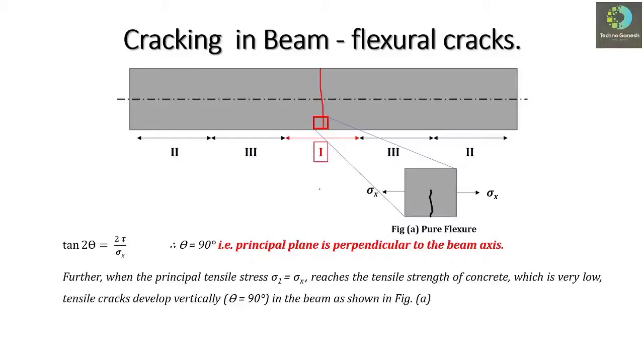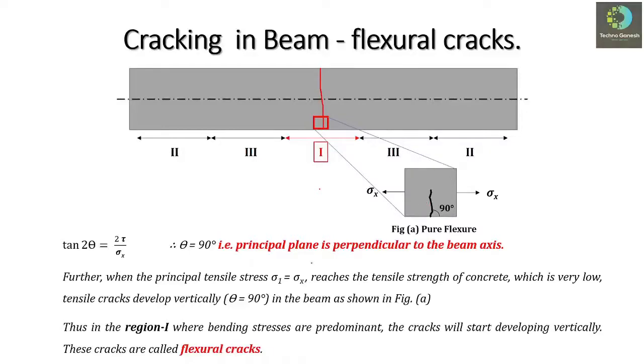These tensile cracks will develop because concrete is very weak in carrying tensile stresses, and these tensile stresses develop here in the opposite direction. So the concrete will get cracked, and the direction of the crack will be exactly the same as the principal plane. So vertical cracks are going to form in this region, and the angle of the crack will be close to 90 degrees. In this way the vertical cracks form in region number 1,